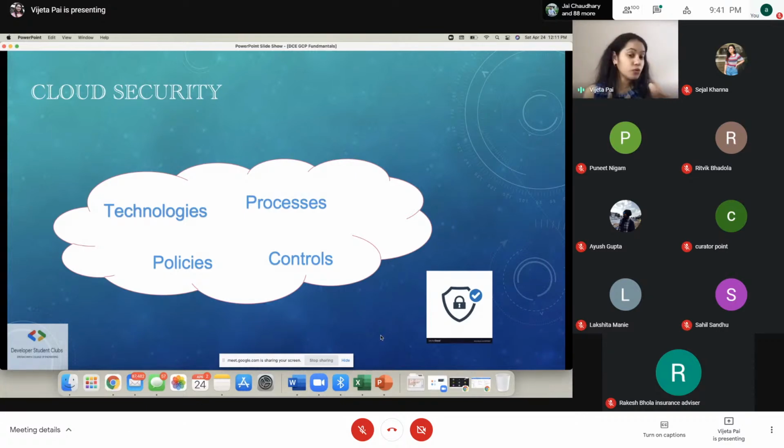You need to make sure you know the right technologies, that is the right offerings that Google Cloud has for security. You have the right processes, like you need to have a really good process laid out for everyone. You need to train your internal staff. You need to make sure you have different dual factor authentication, for example, as in you don't only need to enter your password, but you also receive an SMS whenever you try to log in.